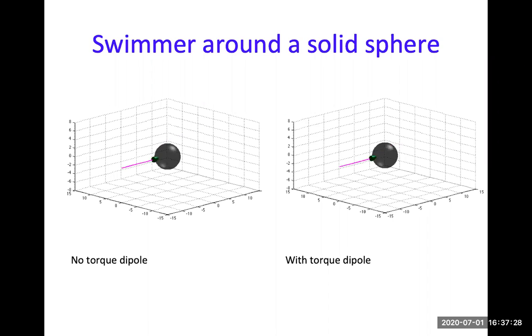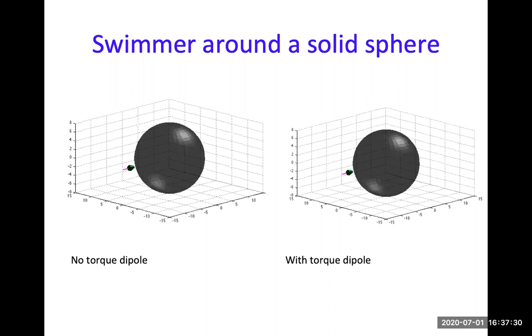So because of the rotation of the head, right? And if you have a bigger sphere, the swimmer that is just a force dipole will hit the sphere and swim alongside the equator. But the one with a torque dipole will span a smaller, circular trajectory. The other thing you will notice is that this is a large enough sphere and the swimmer is entrapped. So you can think about choosing, here's another length scale that comes in. If you choose large enough obstacles, the swimmers can get entrapped.